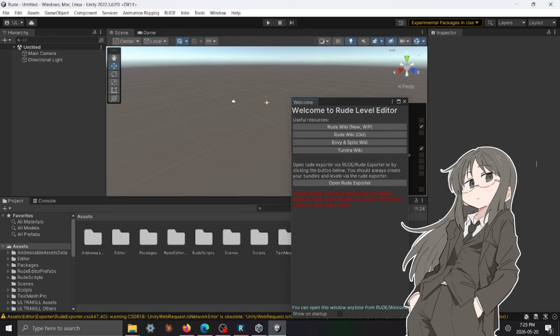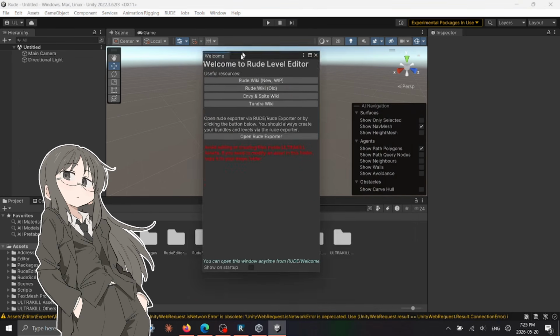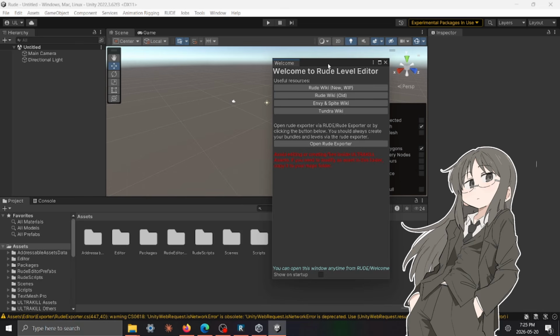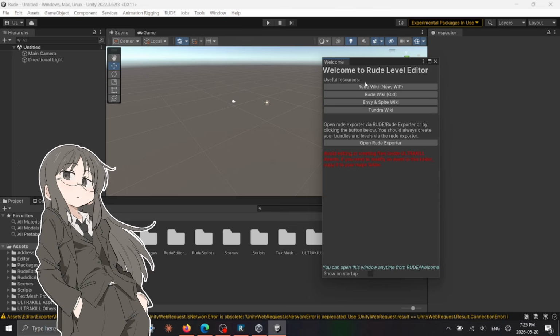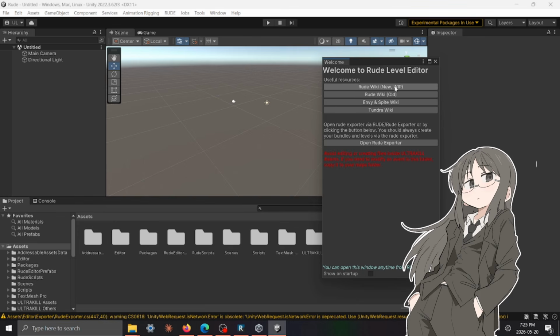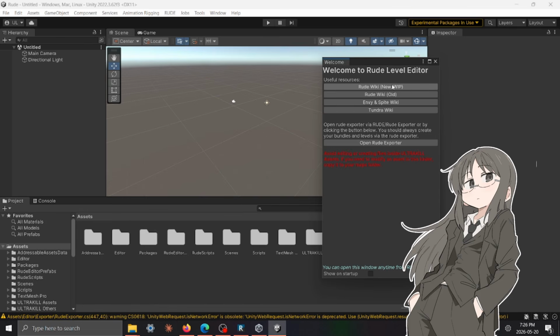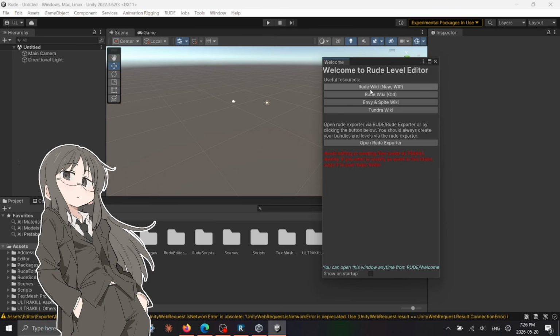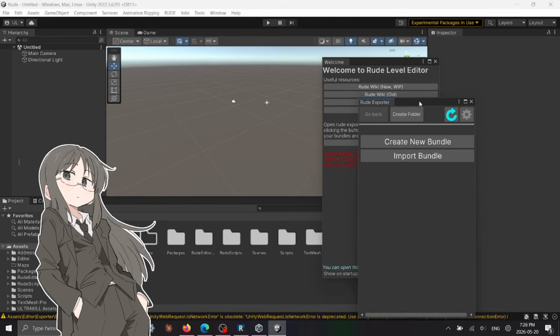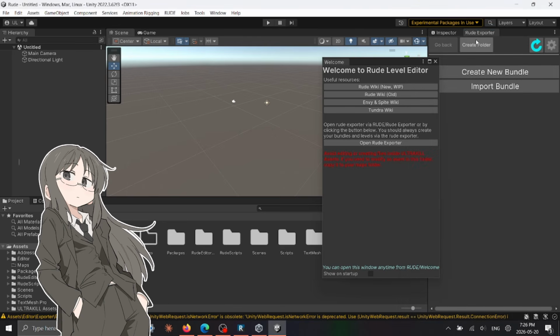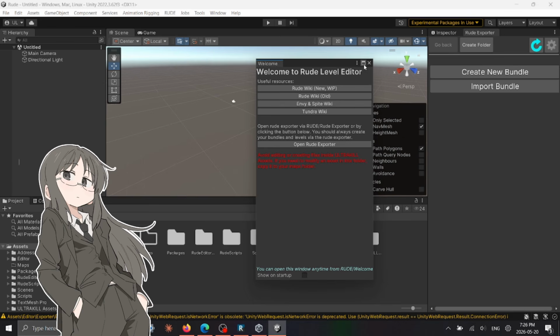Now that all Unity has finished installing, we can look around root. So first, when you first open your root, you should get this welcome message. It will give you a bunch of useful links. The root wiki, the new root wiki, the AlterKill custom levels one is where a lot of the information that I'm going to be talking about in this guide is also posted. So if you would prefer that format, you can go there. Click Open Root Exporter. This is a very important window, so go dock it onto the inspector over here. And then you can just close this.